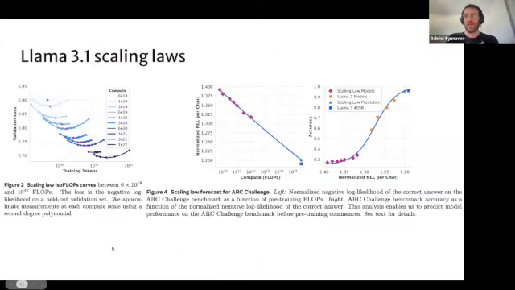So what they did in Llama 3.1 is actually also to perform scaling laws, but to decide how big we were going to make the biggest model. What we did for that is basically look at the validation loss, so basically the log likelihood on some held out data, for a given number of training tokens and for a given amount of compute.